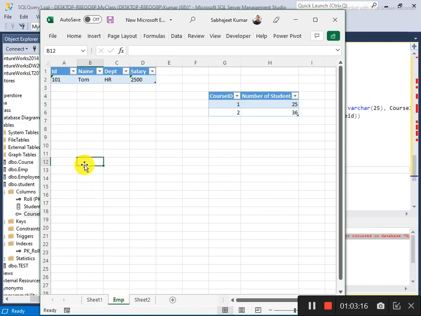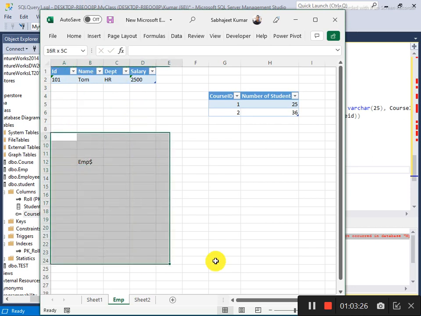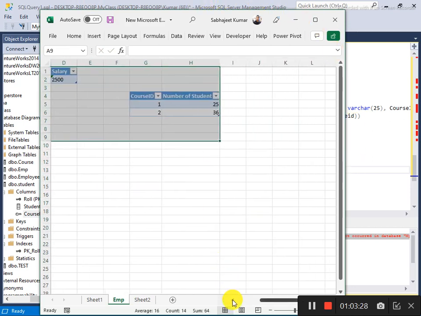When you refer to EMP it means the complete sheet, so it will be written as EMP dollar. A dollar means the entire sheet.